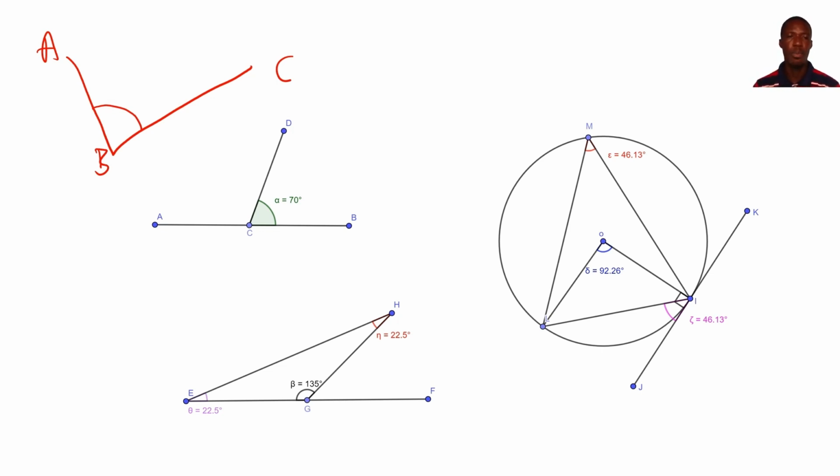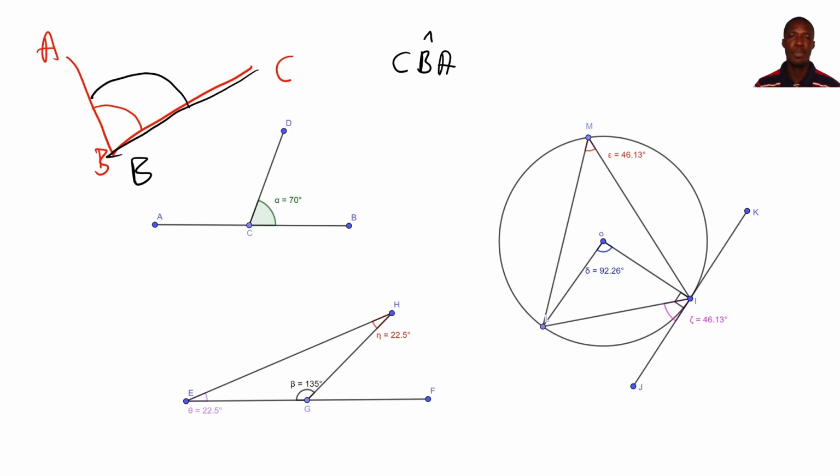That is, we move against the direction of the movement of a clock. And so we need to first look at the line BC, and then we move anti-clockwise to meet the line AB. And so our angle will be described as angle CBA,